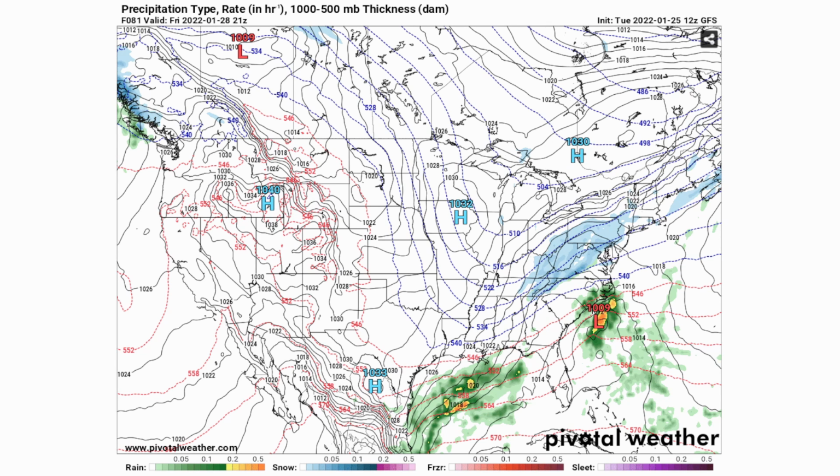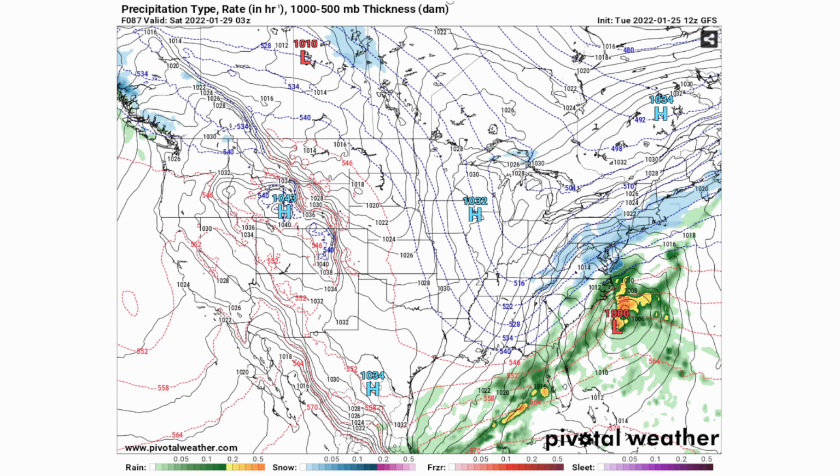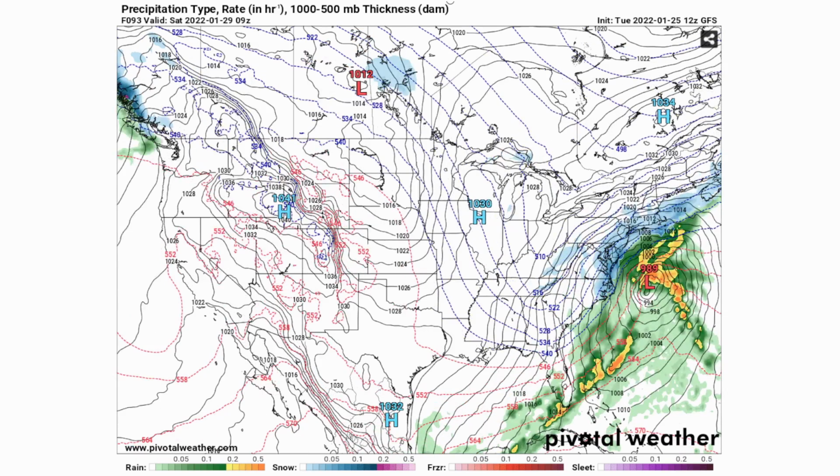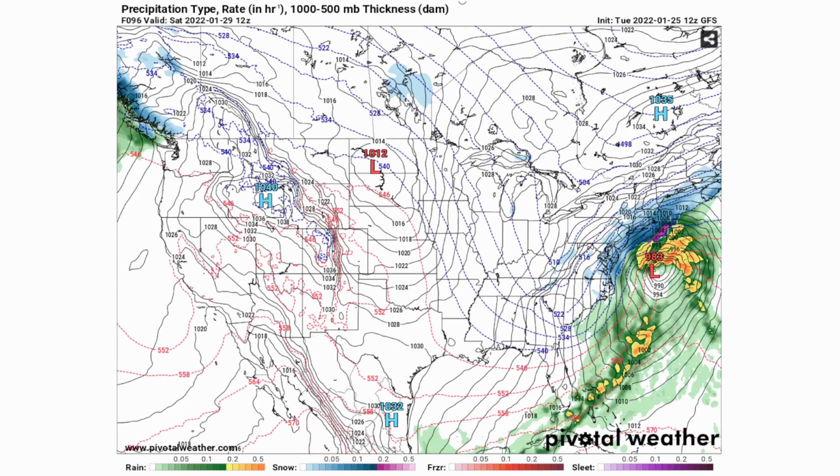And as you can see, some pretty heavy rainfall around that low pressure system, and also some heavy snowfall starting by the late afternoon hours into the evening hours. We start to see some heavy snowfall starting up there near Maryland and Delaware. And as we move forward here, that heavy snowfall continues over here in Maryland, North Carolina. Virginia's also seeing some of that snowfall, and also New Jersey is seeing that snowfall as well.